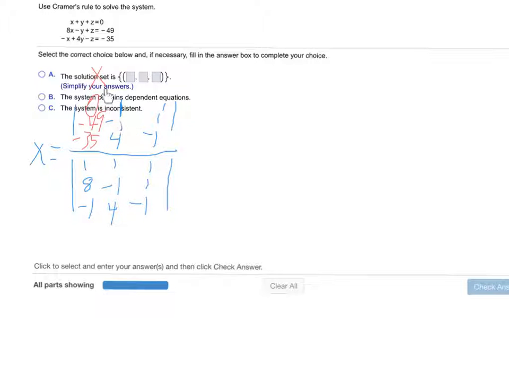Now, after you set it up, it's a matter of evaluating these two 3 by 3 determinants, which is a big job. You get quicker with practice. Now if I was solving for y, I would have put the constants in the middle column. If I was solving for z, I'd put these three numbers in the right column, the z column. The other two columns would match the denominator. And so now we got to break this into, there are different ways to work from here, but you want to break this into